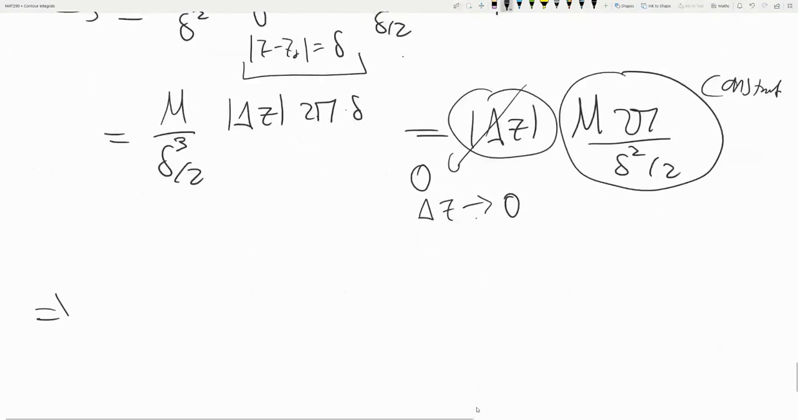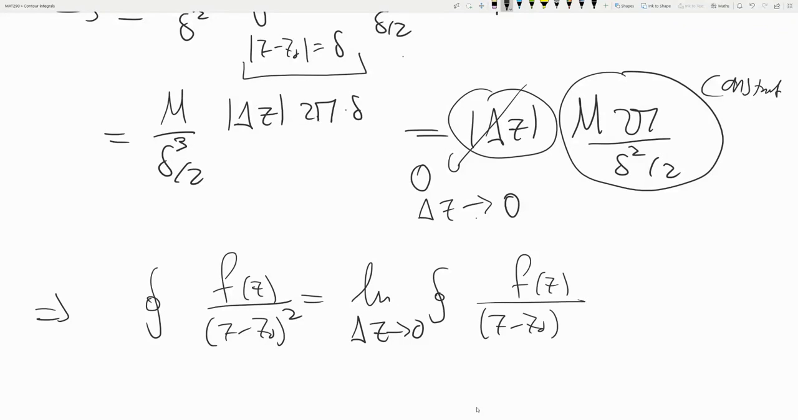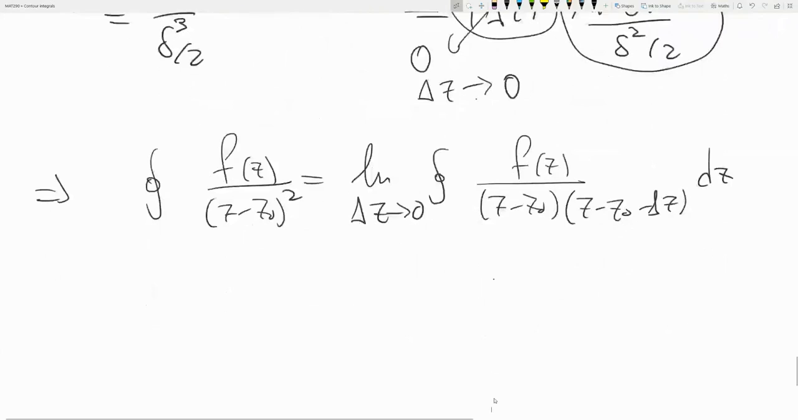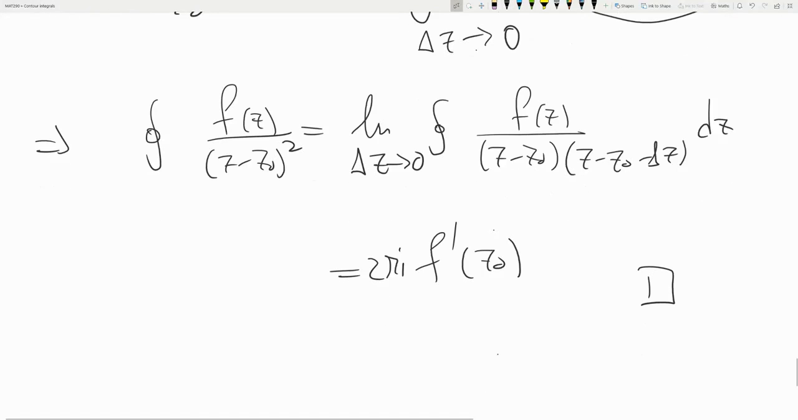So we proved that f of z over z minus z naught squared is the limit of this. And we showed above that this was nothing else but f prime of z naught times 2 pi i. Okay, so that's it for proofs. Next we do